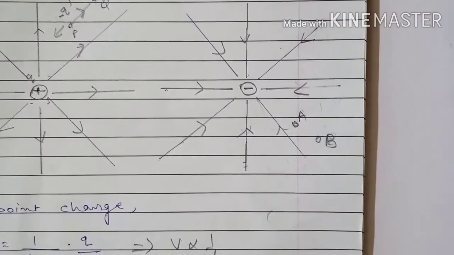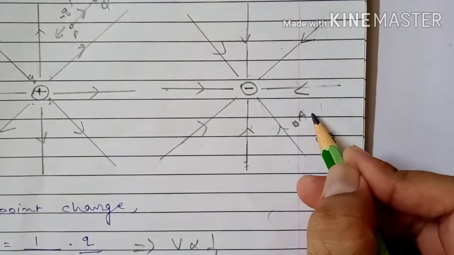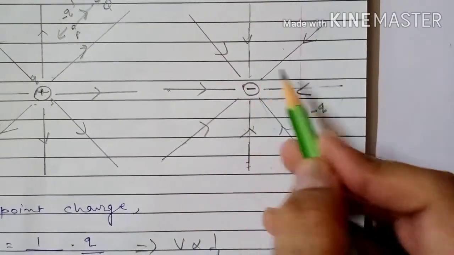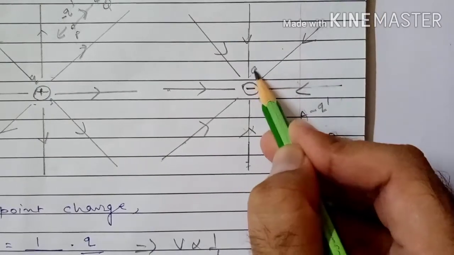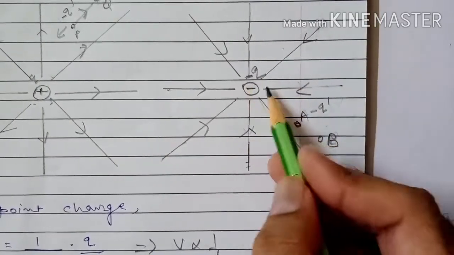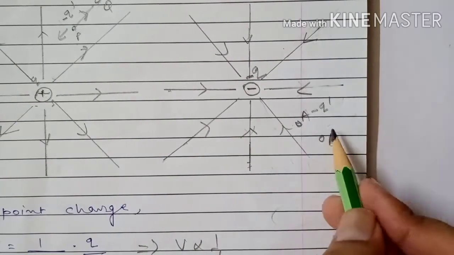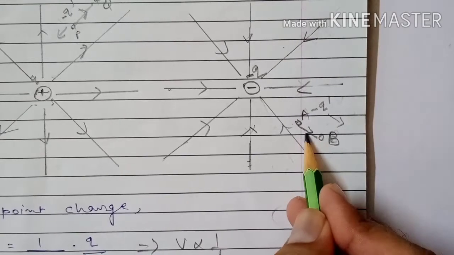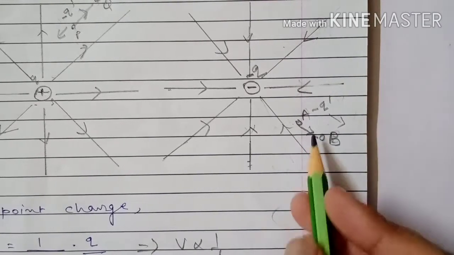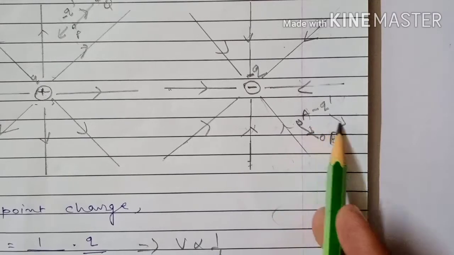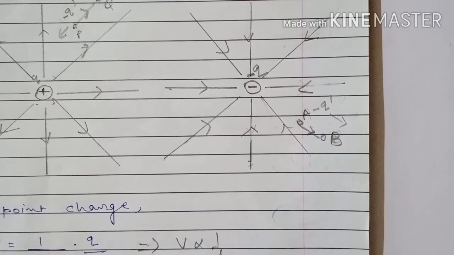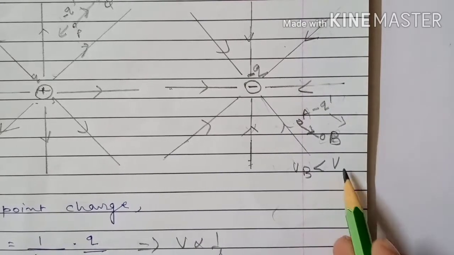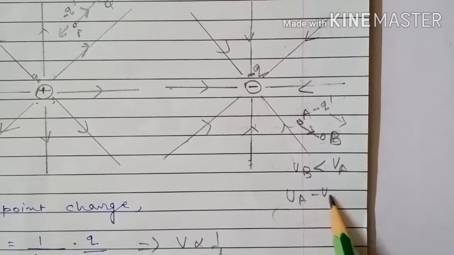In the same way, here if I take a negative charge, and this is also a negative charge, this is minus Q dash, this is minus Q. Between two negative charges, which type of force will act? Repulsive force. And if we move this charge from A to B, then the motion is in the direction of the electrostatic force, therefore work done will be negative. Therefore the final potential energy Ub will be less than Ua. It means Ua minus Ub will be positive.